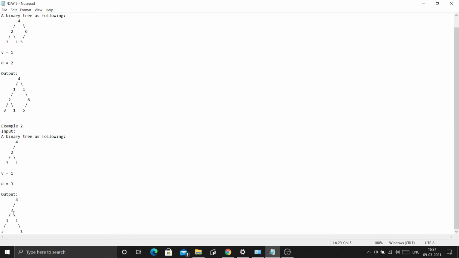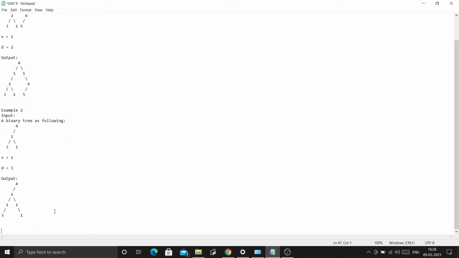Here we can see on depth 3 we have inserted the value 1 in the left of node 2 and 1 in the right. This was previously the left subtree of 2, so I will connect it with the new left node. Similarly, this subtree I will add to the new right node.